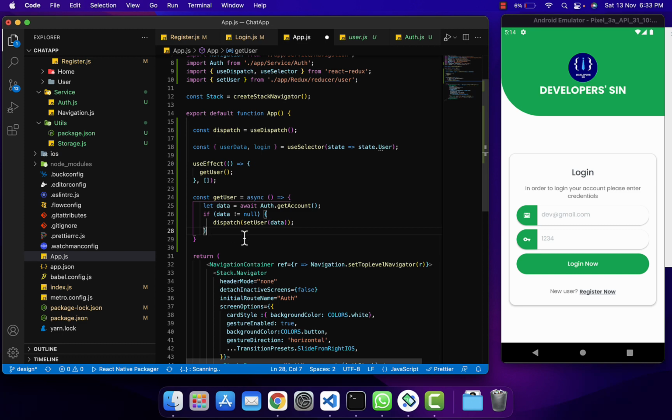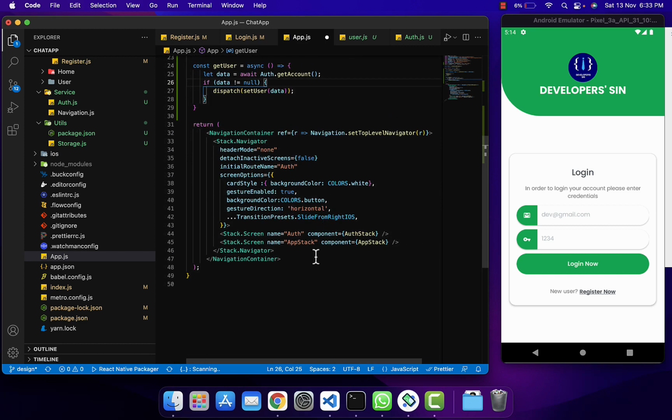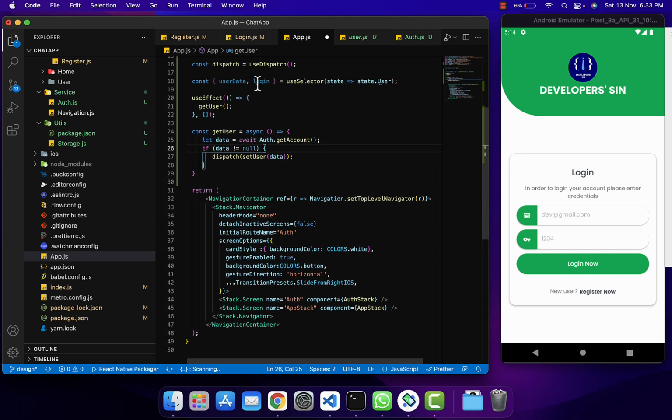Okay, so whenever this dispatch is stored, if the login is true, that means the user has logged in successfully. So then what are we going to do? We're going to put a condition over here. If the login is true,